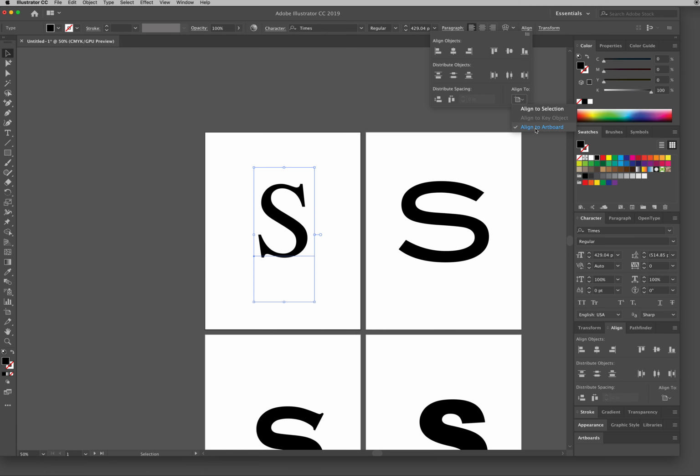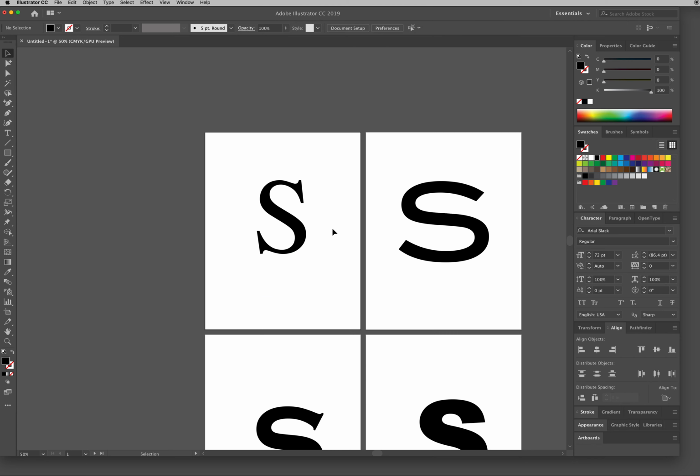So make sure Align to Artboard is selected, hit center that way and center that way. All right, it's centered on my page, at least as a font. It kind of looks like it's sticking up towards the top, but that'll change as we manipulate this type form.